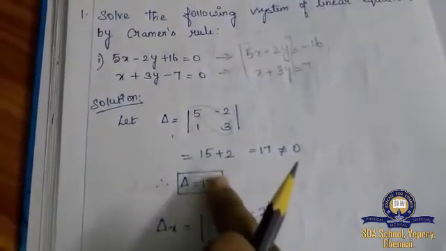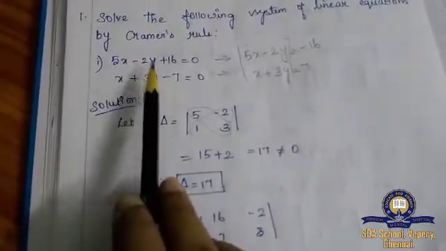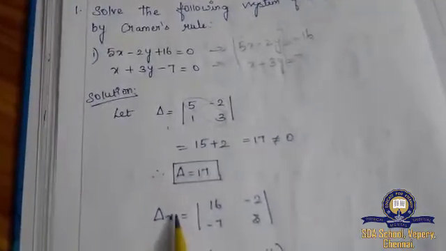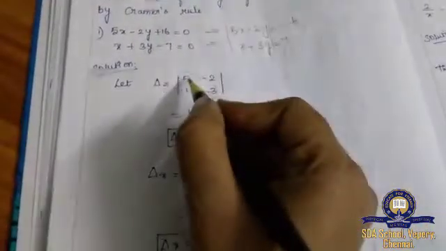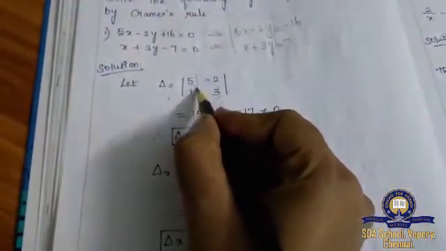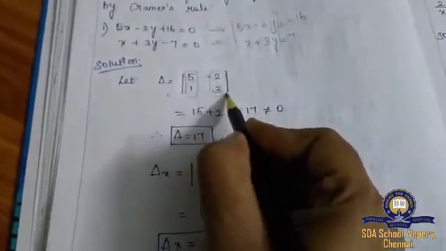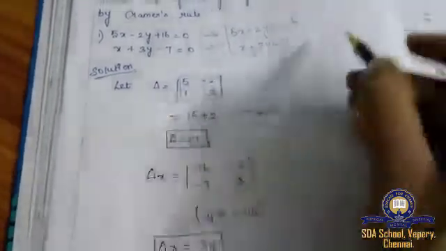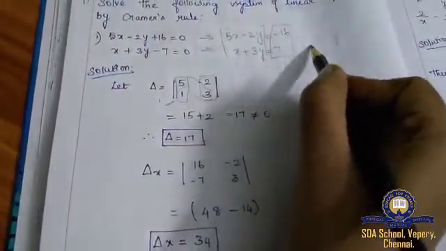After that, what you should do is take the variables. What are the variables here? x and y, right? So you have to take the variables under delta. So how will you take? Delta x and another part is delta y. Now listen carefully. Delta x is nothing but, see, this is your x coefficient and this is your y coefficient. So instead of the x coefficient, you have to substitute this value.